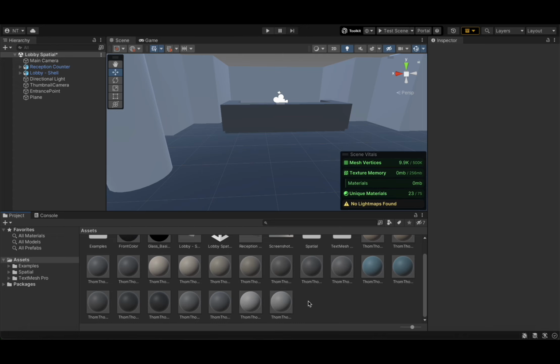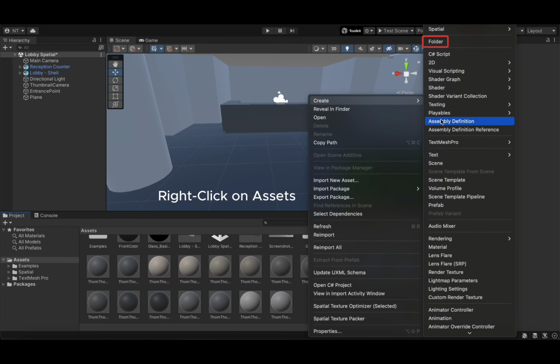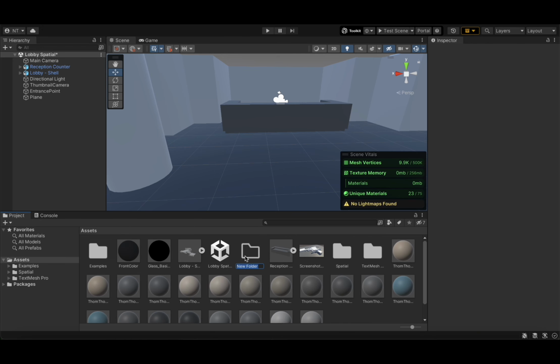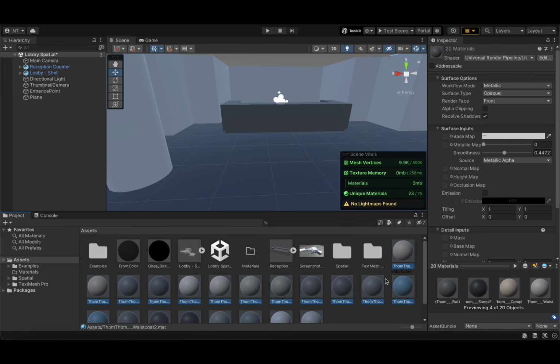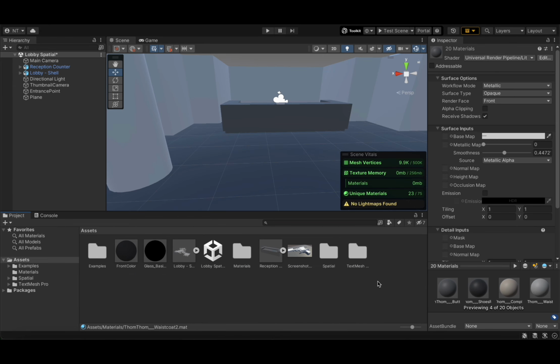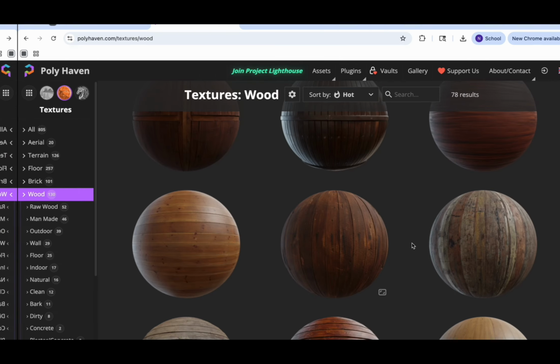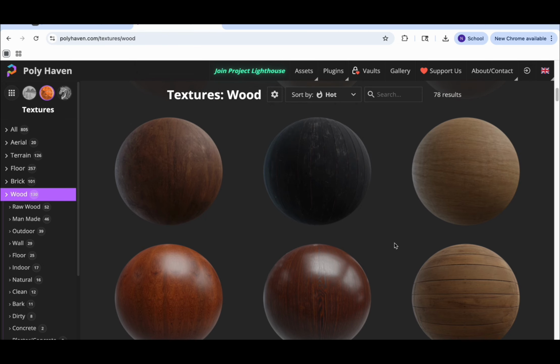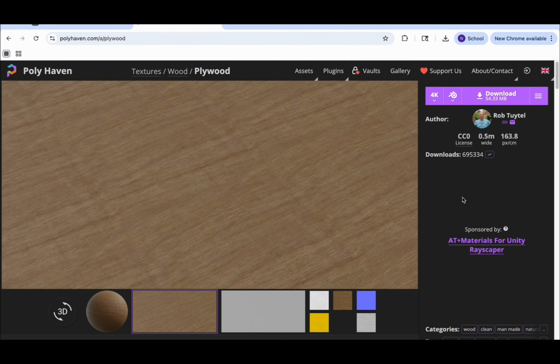Next, we'll begin working with materials. First, create a folder named Materials and store all material assets inside it. We can also import new textures. I typically use Polyhaven, which is a reliable resource for high-quality materials. For example, I found a wood texture that works well with the reception desk here, so I'll go ahead and